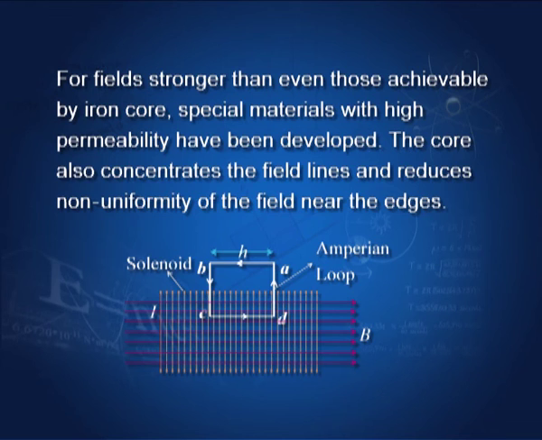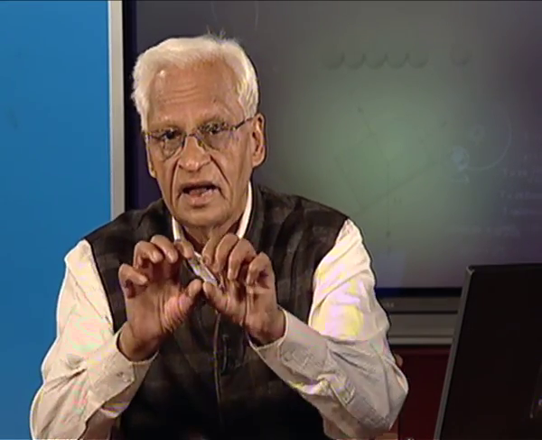For fields stronger than even those achievable by iron core, special materials with high permeability have been developed. The core also concentrates the field lines and reduces non-uniformity of the field near the edges. This is very important. Usually, we neglect this effect. You see, if I put a core here, then we shall learn later that ferromagnetic materials like iron attract the lines of force. So, they present a low resistance path for the magnetic field lines, and therefore, they prefer to go through the core. Since the field lines tend to go through the core, the field is concentrated in the